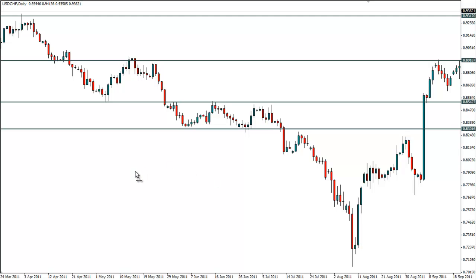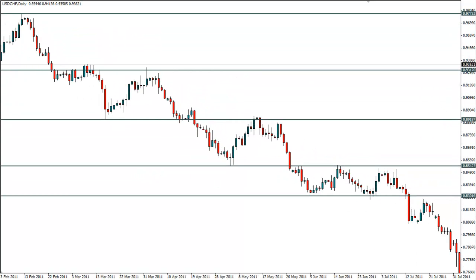All right, so just very quickly again, just to summarize, a resistance level is a level where the market comes up, so buyers have been in control, finds a wall of sellers, the sellers take control and push the market in the opposite direction. A support level is exactly the opposite, so the market comes down, the sellers have been involved, it finds a floor on the price, the buyers get back involved and push it in the opposite direction. Okay, so that's support, resistance, support, resistance,